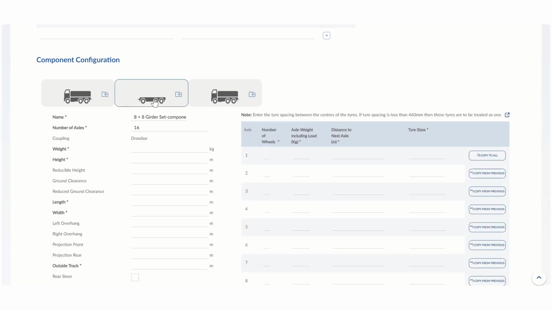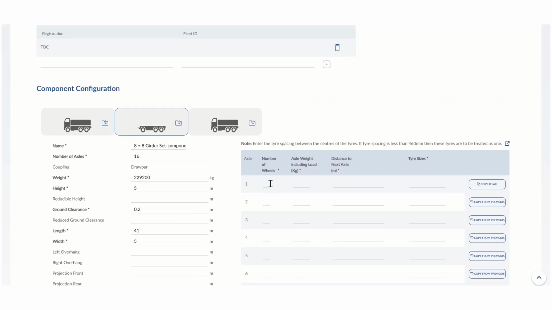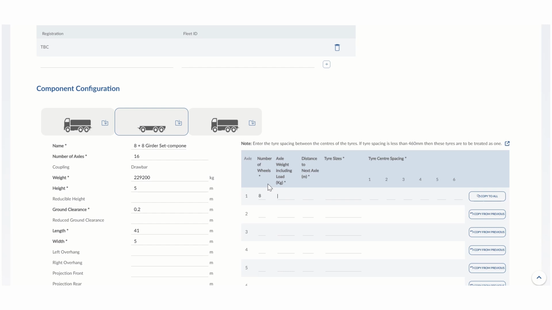Now for the girder set itself. So we'll say 900 to 100 as the weight, height 5 meters, ground clearance, let's say, that's pretty low. Length we said 41, and the width 5 meters, and outside track we'll say is also 5 meters. Then let's give this 8 wheels per axle, and for an axle weight,